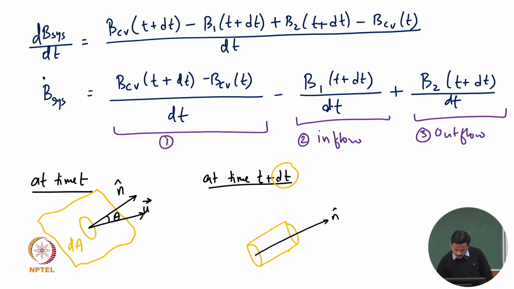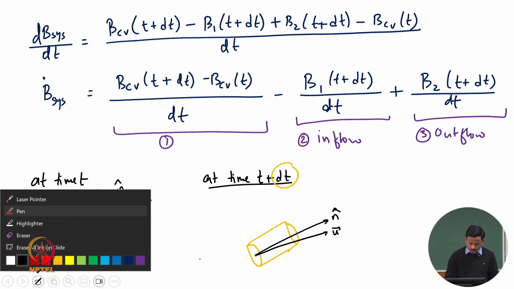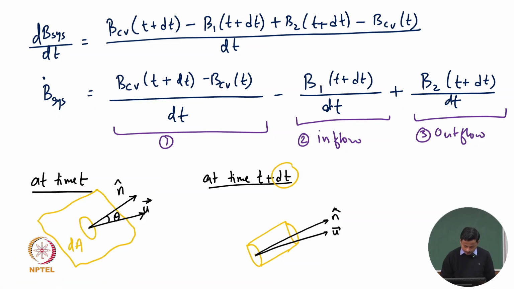along its normal direction, and the velocity vector is still this u. So there's a small cylinder which has been extracted, an imaginary cylinder that will be extruded perpendicular to the surface because of the system moving out. So this is just for us to get an understanding of the flux. This is of course an imaginary cylinder, and the length of the cylinder